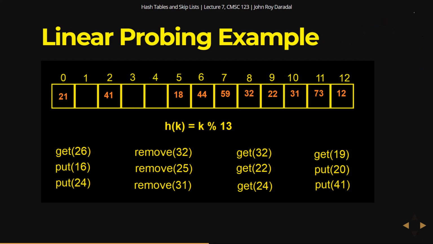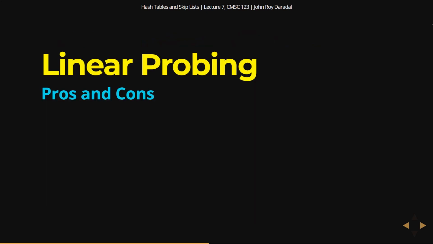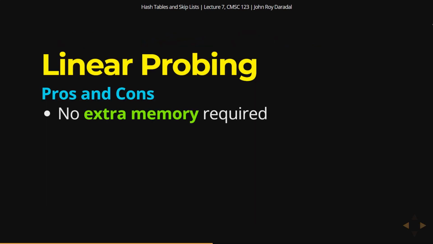Okay, so hopefully you understand how linear probing works now. So what are the pros and cons of linear probing? So unlike in separate chaining, we don't need extra memory, right? So since we're just using the basic bucket array,